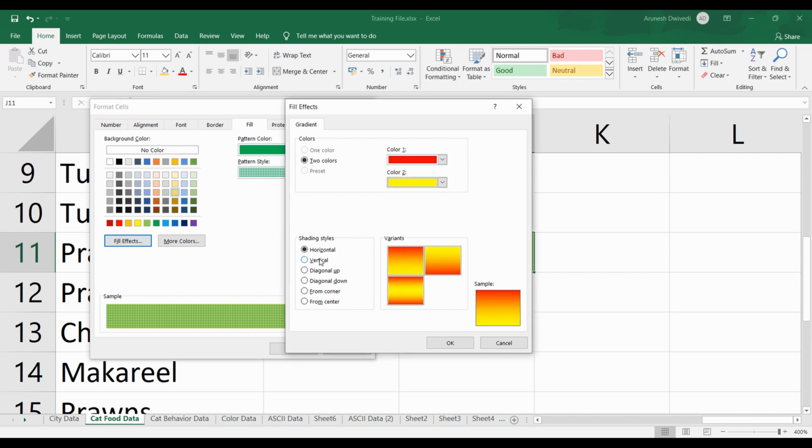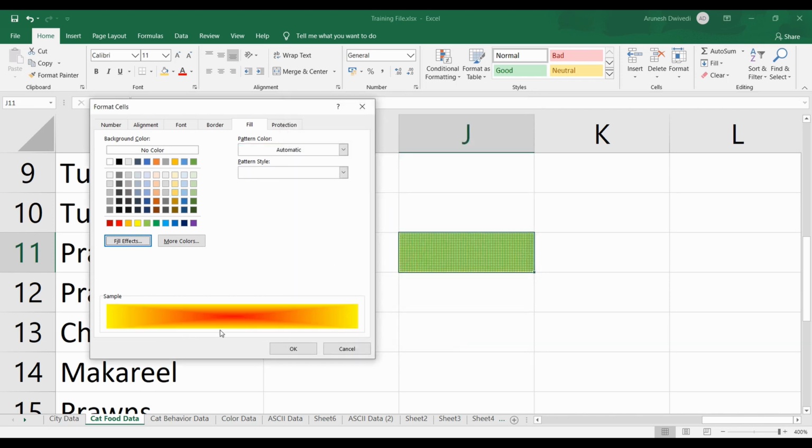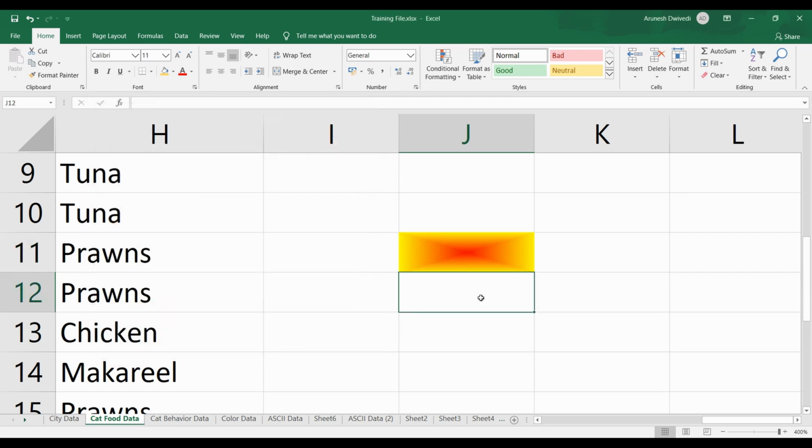These are the different forms of gradients that you can apply. Horizontal, from top to bottom, from bottom to top, and from both sides, top to bottom, going into the middle. Then similarly for vertical, three variants are present. Same for diagonal up, same for diagonal down. And this one is my favorite, so let me just select that by clicking OK. The moment you click OK, you will see that the pattern has gone in the preview. That means if you click OK here, you will not be able to see the pattern. That's how the cell is going to look like.